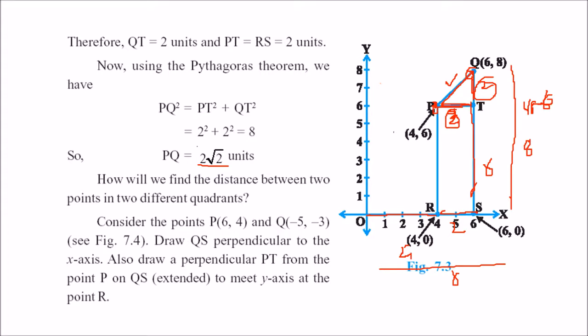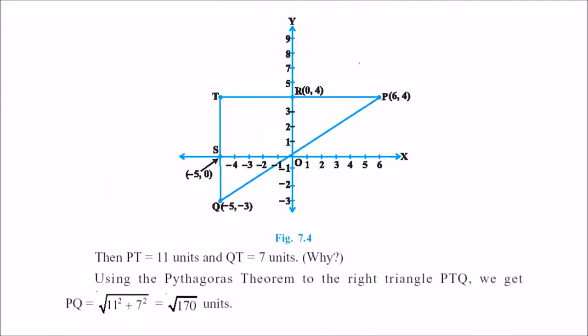But these points are on the same quadrant of your axis. Now you wish to find out the distance between a point 6, 4 and another point which is, say, minus 5, minus 3, that would lie in the third quadrant. So what we are going to do, first take these points. Now let us make a line from this 6, 4 which is parallel to the x-axis, like this. Let us make a line which is parallel to the y-axis, like this.